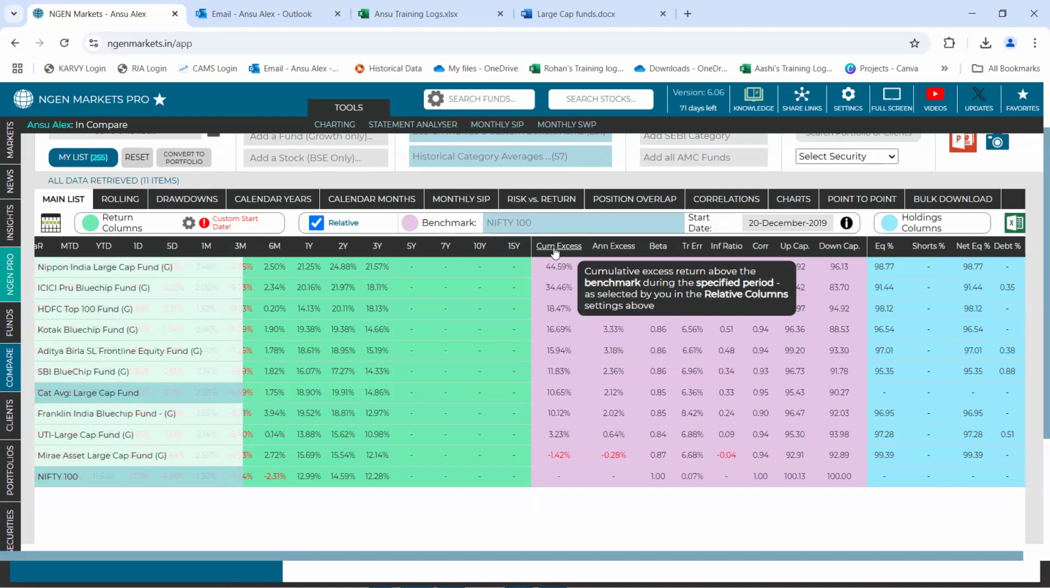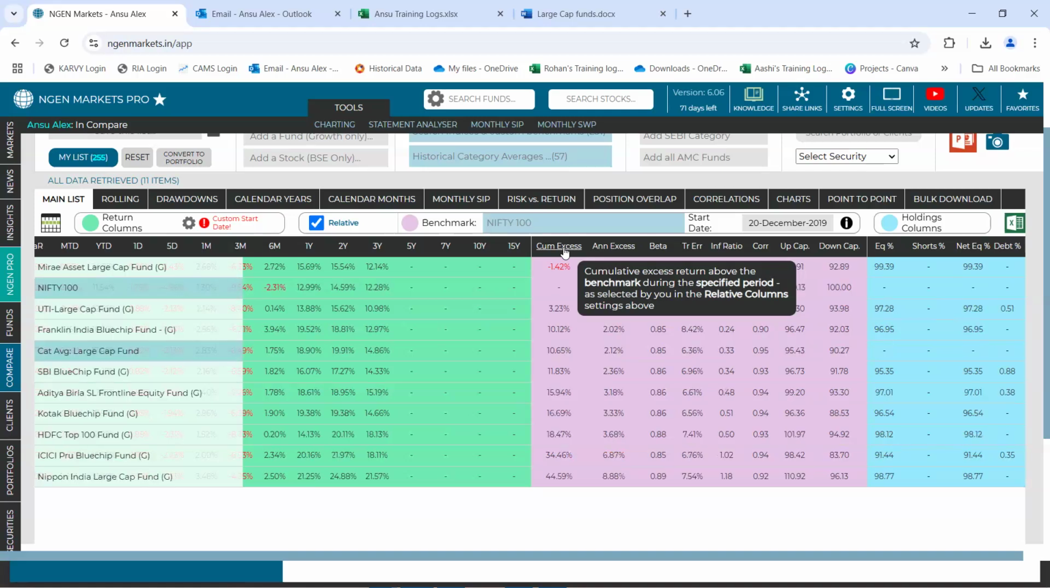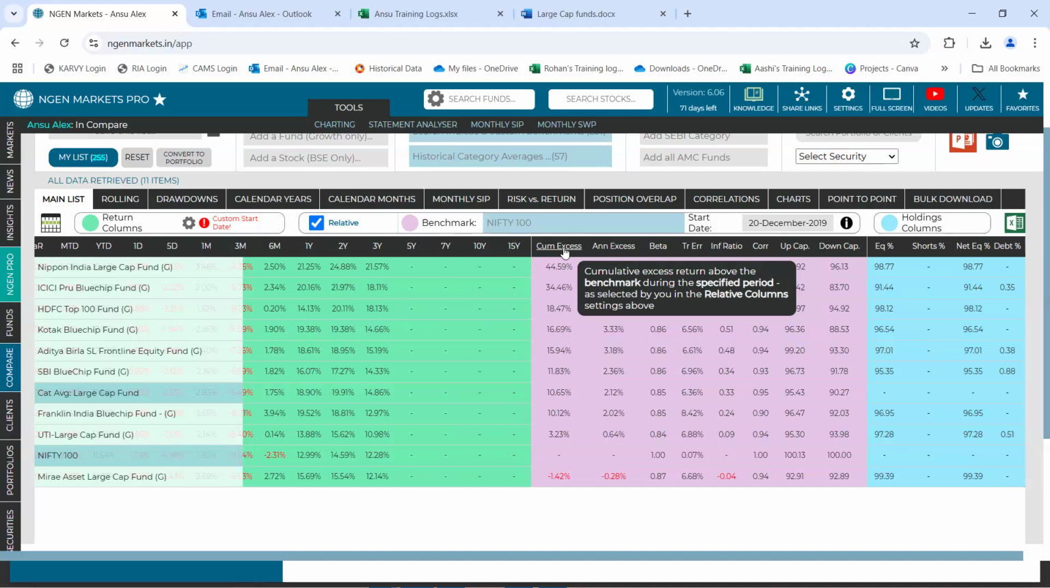Right? So right here, if at all you look upon cumulative excess, which suggests the excess generated by each of the fund over and above that of the benchmark. So here we see almost all the funds have generated positive excess return over the benchmark, except for Mirai Asset Large Cap Fund. It has generated a negative excess, meaning it was not able to beat the benchmark in the